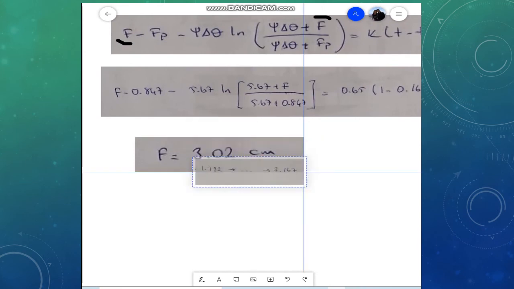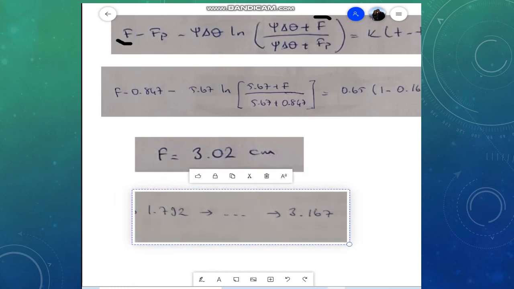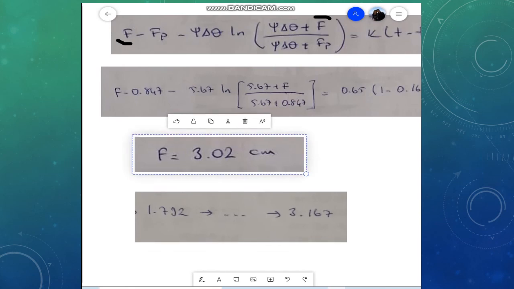Okay. So as you see here, we found 3.167, but when the ponding occurs, the infiltration in 1 hour is 3.02 centimeter, which is almost 0.14, like 1 millimeter, let's say 1.4 millimeter less water infiltrates